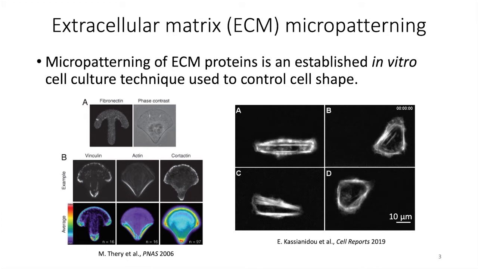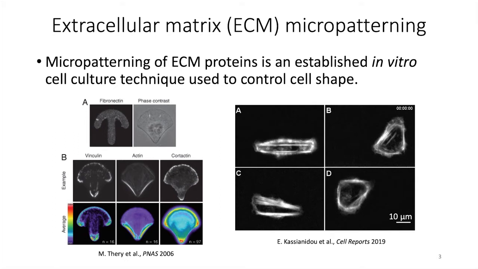In the example on the left, Manuel Théry and co-authors show that cell polarity is governed by ECM geometry. The top panel shows an adhesive fibronectin crossbow pattern designed to be an anisotropic cell microenvironment. You can see in phase contrast that a single cell spread on the micropattern forms a fan-like shape, and in